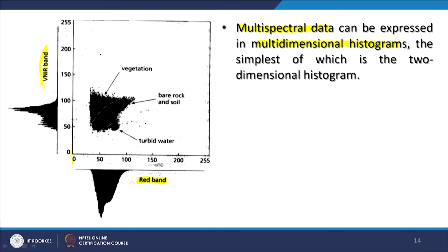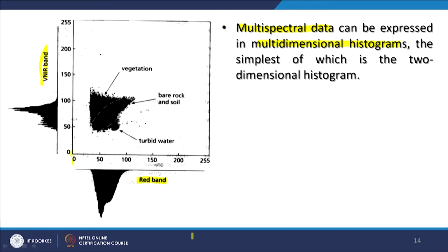So far what we have been seeing are histograms of a single band. Now, when we go for two bands in this example, we can identify how the two bands are correlated. That is the first purpose of doing this exercise, plotting a scatter plot or seeing a multidimensional histogram.